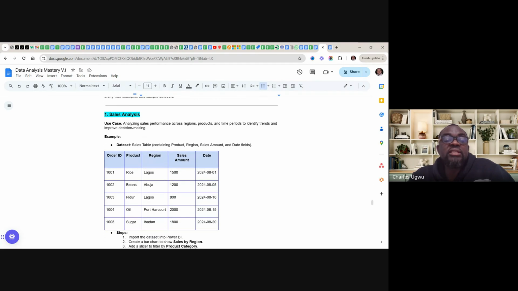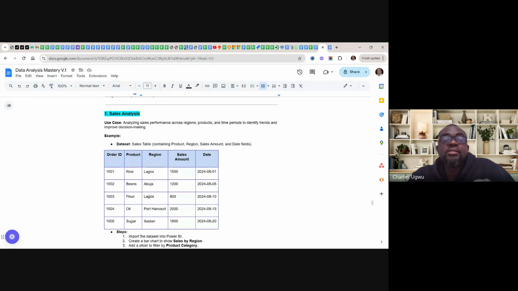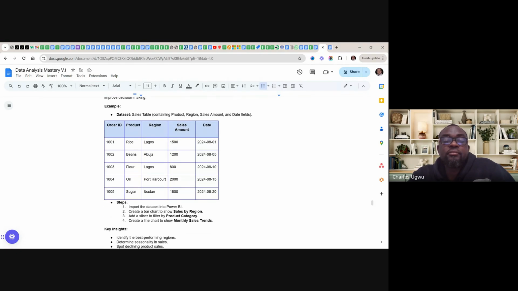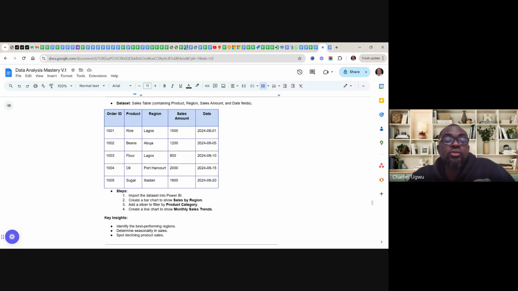So this is a sales data set. As we grow into this career path, we have to be very comfortable with sales data. These are the steps we might be taking to get and analyze it using Power BI.